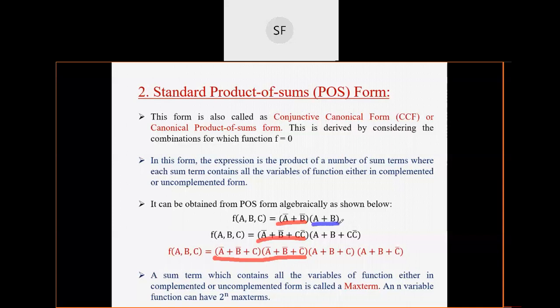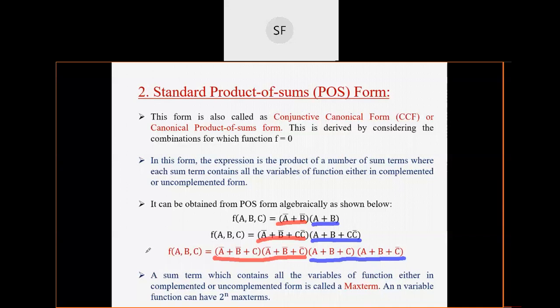Now, in this term, again variable C was missing. So in the next step we have added C bar, because we know that C bar is nothing but 0. These are just adjustments, right? Now you can observe that we have formed two brackets. In the first bracket, A plus B is kept constant, A plus B, and then plus C. And in the second bracket, A plus B plus C bar. So you have to give C in one bracket and C bar in another bracket, whereas A plus B will remain the same.